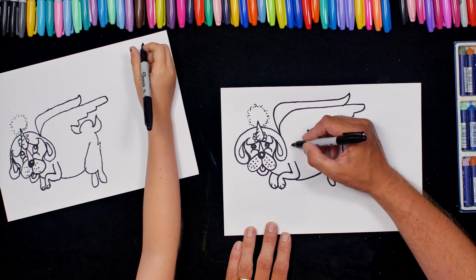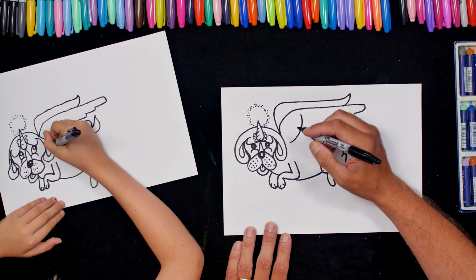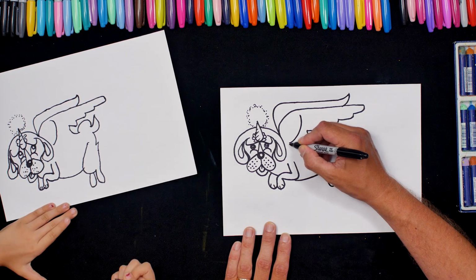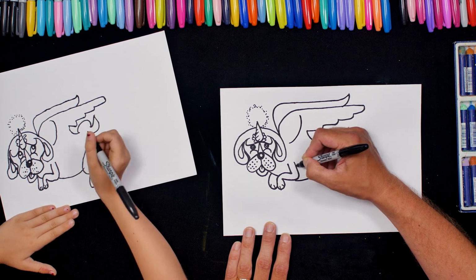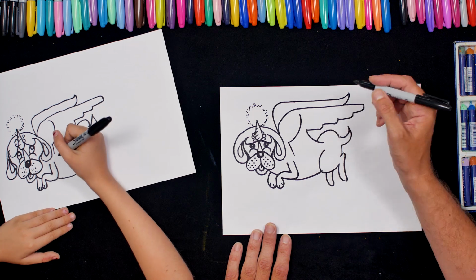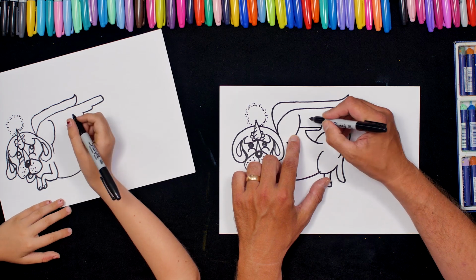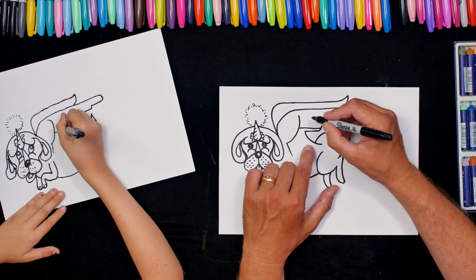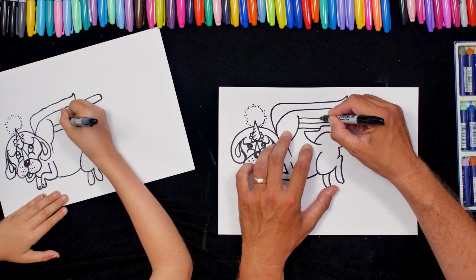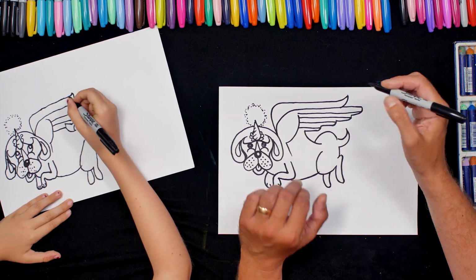So the next thing to do is to do like a curved line this way. Like that. Right here? And then what we're going to do is another line, almost like running parallel to that front paw, so kind of like that. Okay, now for these feathers, we're going to do a straight line going halfway into the half of the curve. And I'm going to do another one like that. And then another one like that, and then another one like that. Okay,